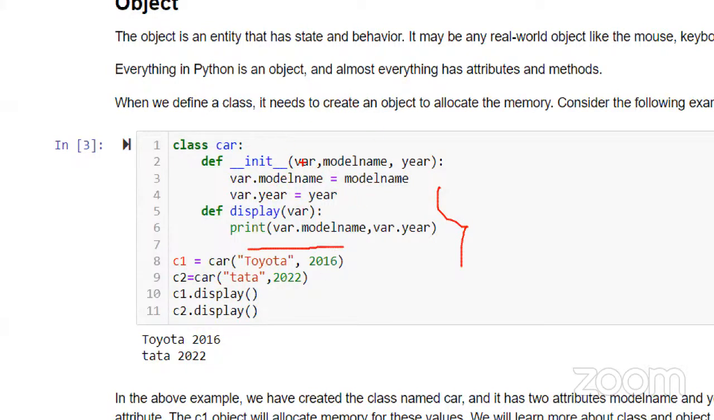So see here, in order to access the members of the class, we require this VAR, or any name you can give it. So don't get confused about why we are not passing one more parameter here. This is something called the self parameter, which should always be there, acting like a pointer. So model name and year are coming from